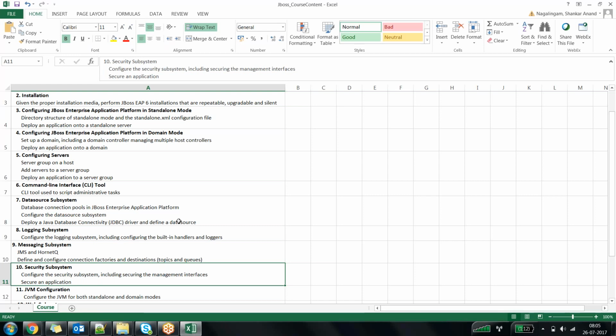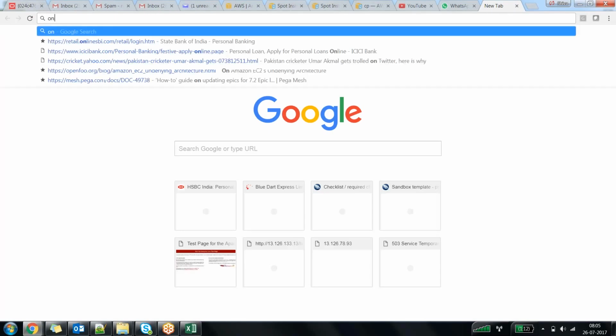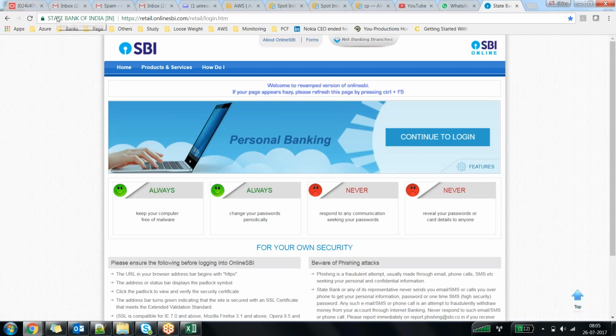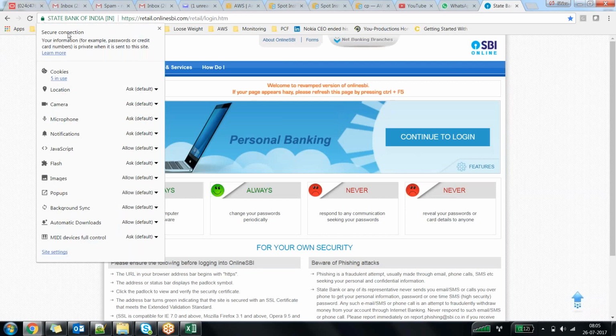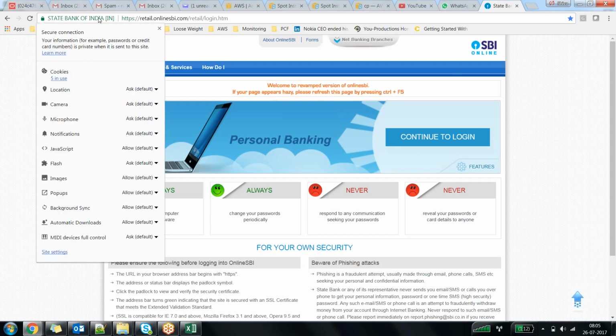Then I'll try to talk about SSL. Shiva, what is this SSL? Whenever you try to access any site, for example, let's say you're trying to access onlinesbi.com, whenever you say www.retail.onlinesbi.com, once the site is loaded, you'll see something called a secure connection, and you'll see a prefix called HTTPS, and it automatically has a lock inside that.